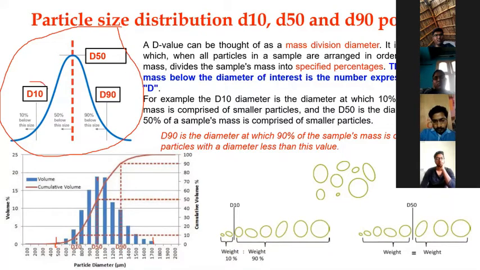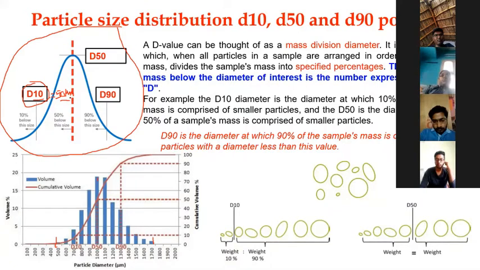If somebody says D10 is equal to 50, and you can see this in any powder specification, in the chemistry of analysis, D10 is equal to 50 micrometers. When they say like this, what it indicates is that out of 100% of particles, less than 10% are in 50 micrometer. The remaining is above 50 micrometer.